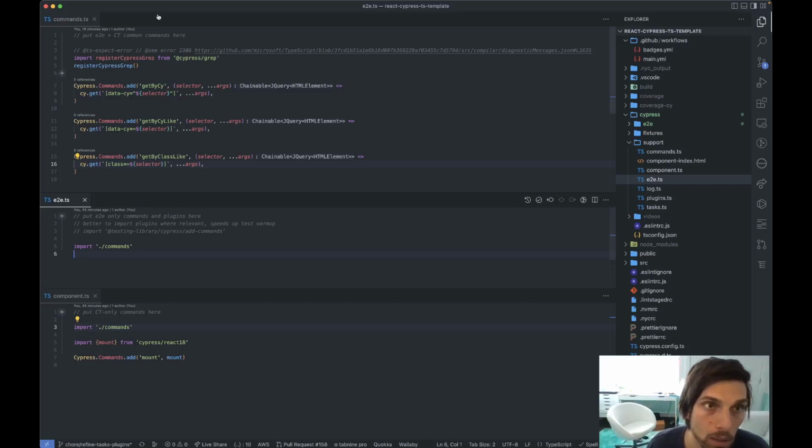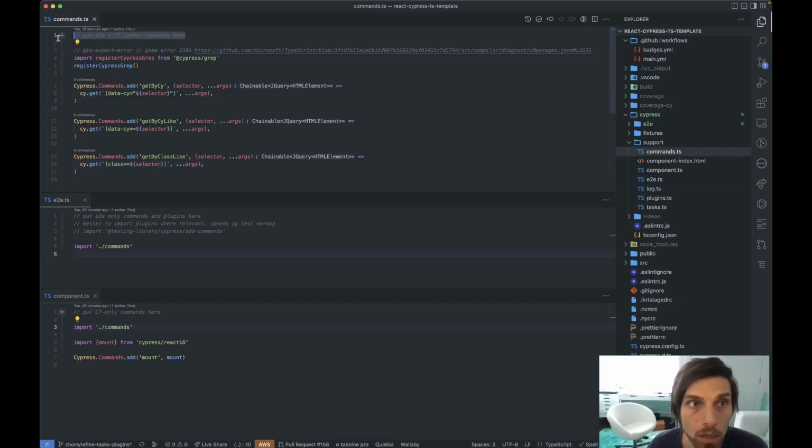So this commands file, right? Here you put everything that is common to everywhere, both end-to-end and